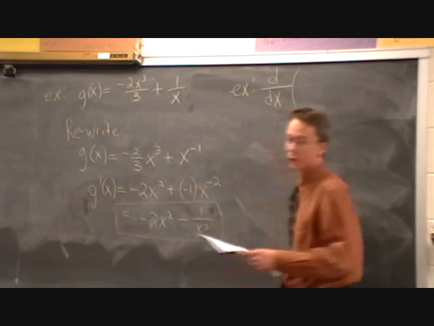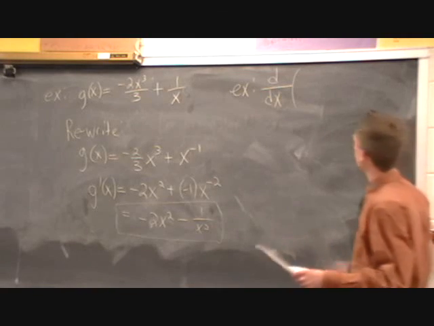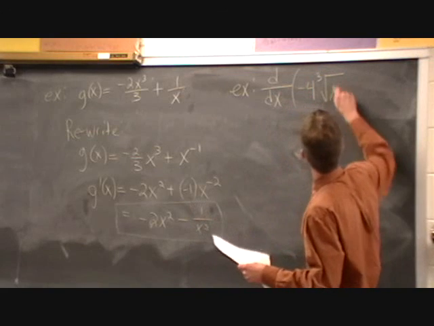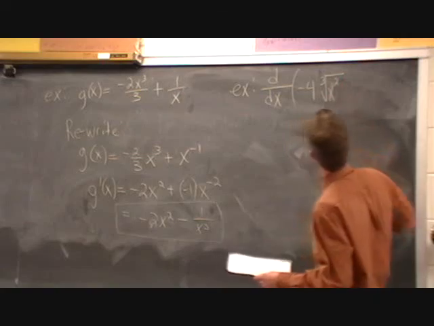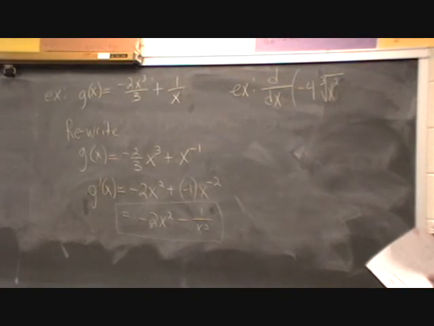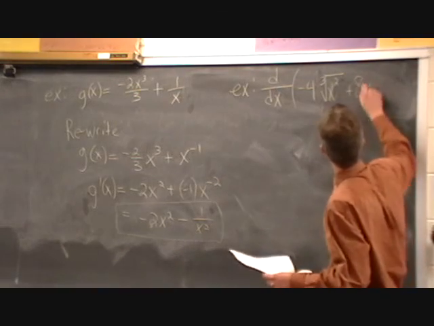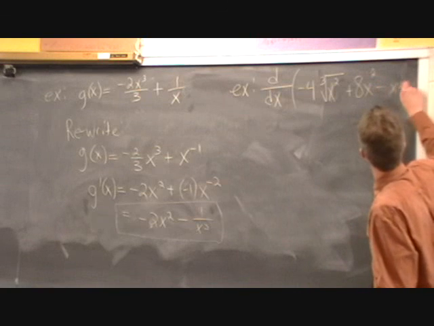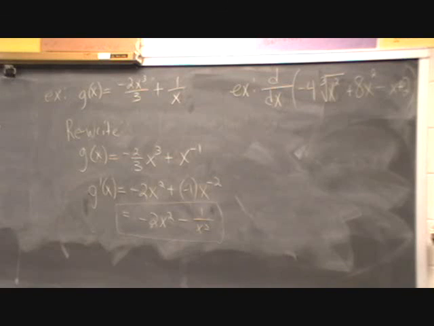Let's do the derivative with respect to x of negative 4 times the cube root of x squared plus 8x squared minus x plus 2. So negative 4 cube root of x